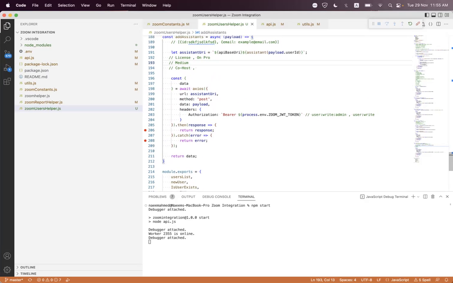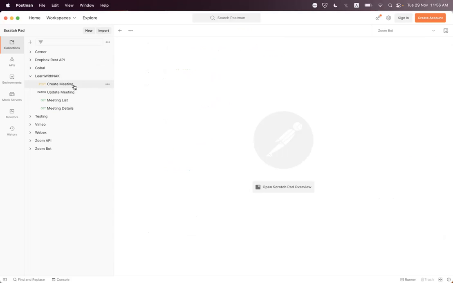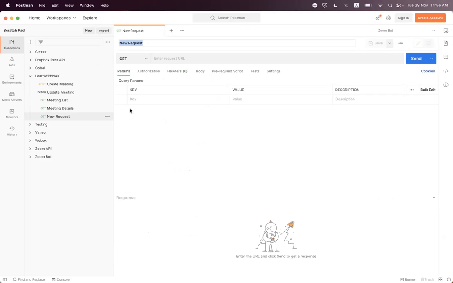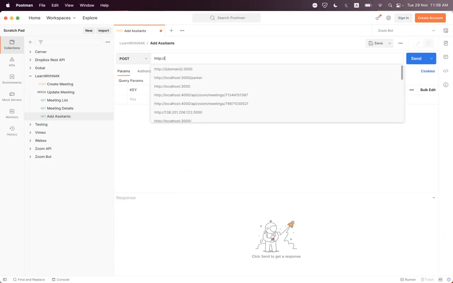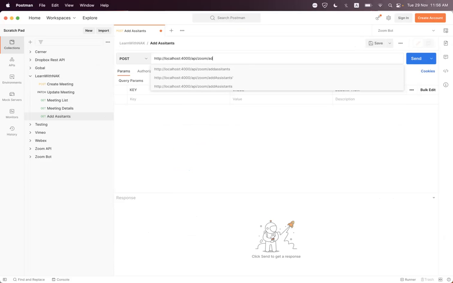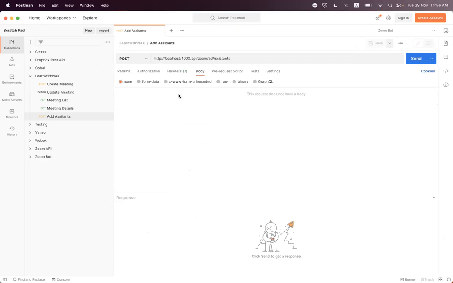Okay, so for the demo, we just create a simple request from Postman. So we say assistant, and we need to set that to post, and we say HTTP localhost 4000 and API Zoom slash add assistants. Okay, need to save that, and inside the body we need to select the raw and pass the JSON, and inside the JSON object we need to set the assistants. Okay, and inside the session assistant we have a collection of objects. So here we say ID,